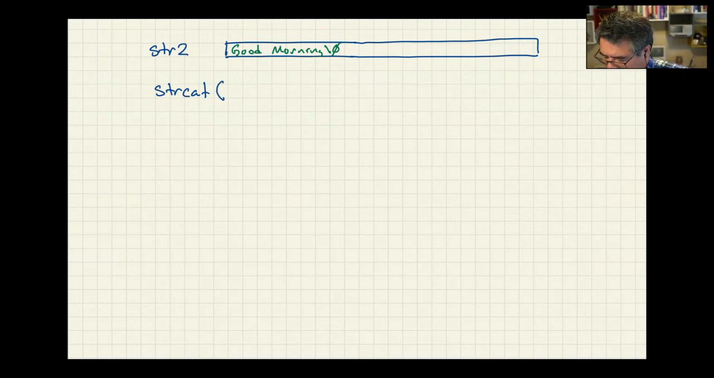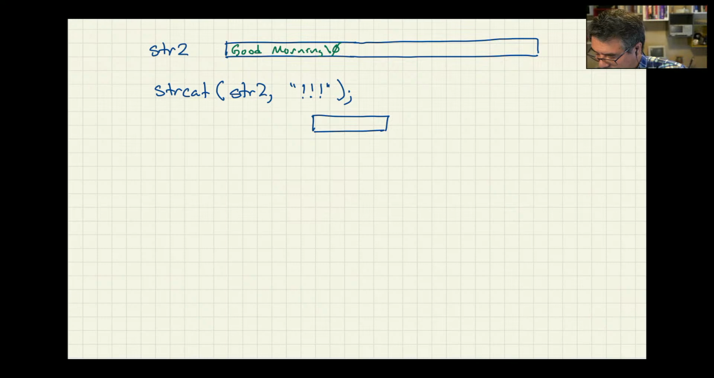Then I did this, strcat, string 2, and then 3 exclamation marks. So this string right here, the 3 exclamation marks, internally is 3 exclamation marks and then a null character. When strcat goes to work, it's going to take each of the characters out of the second string and put them onto the end of the first string. So it's going to scan forward, look for this null character,